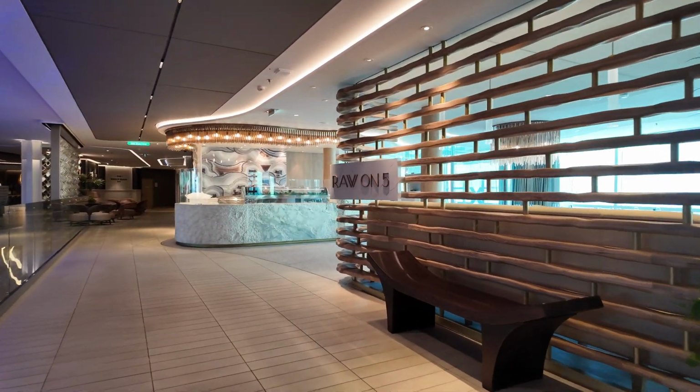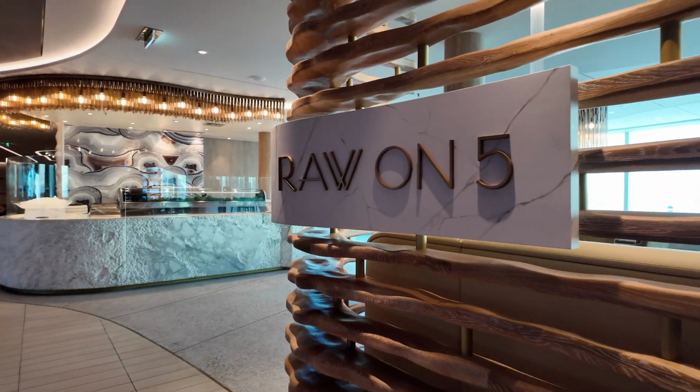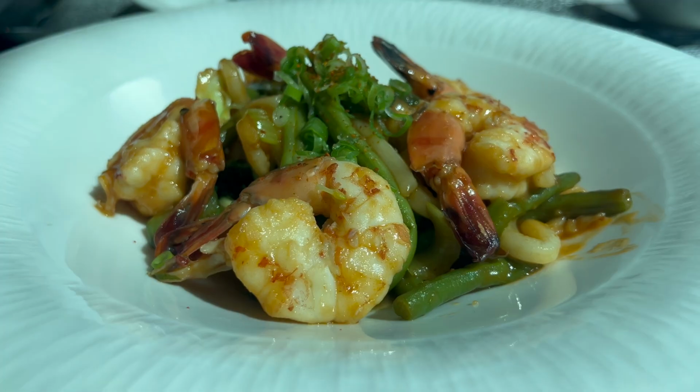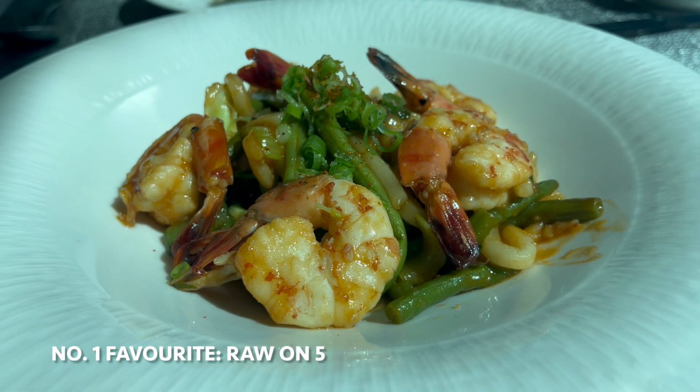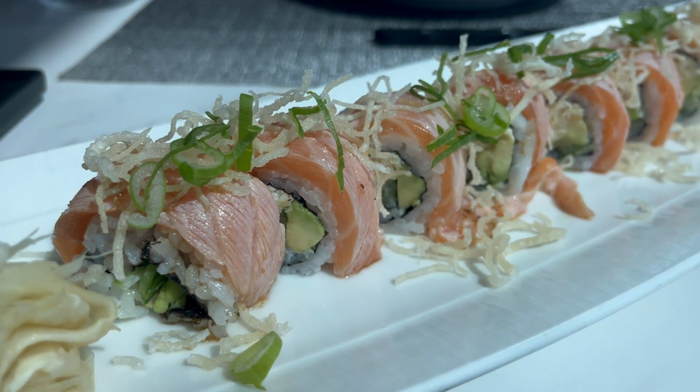Our favourite specialty dining restaurant should come as no surprise because it was the one we went back to for our second meal. It's Raw on 5. Everything was freshly prepared and the flavours were wonderful. As sushi lovers, this gets a big thumbs up from us,